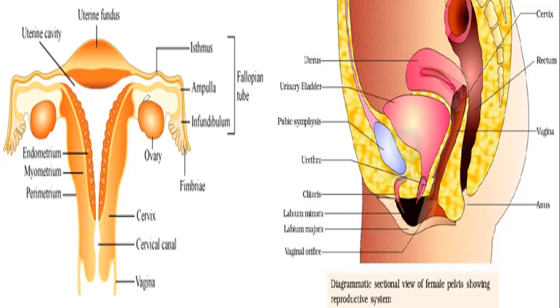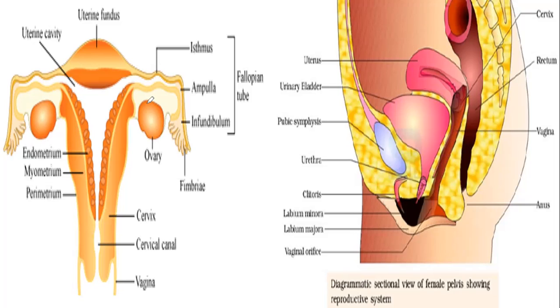This is an ovary, as well as this one is an ovary. These are the primary sex organs in females that produce the female gamete. Both the left and right ovaries produce the female gamete, that is called ovum, and